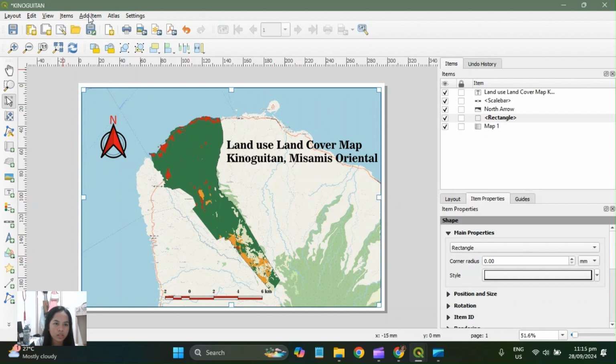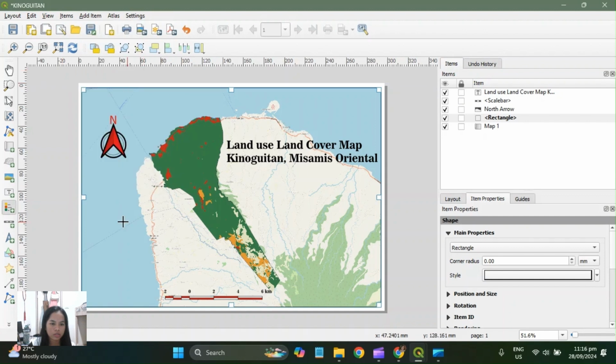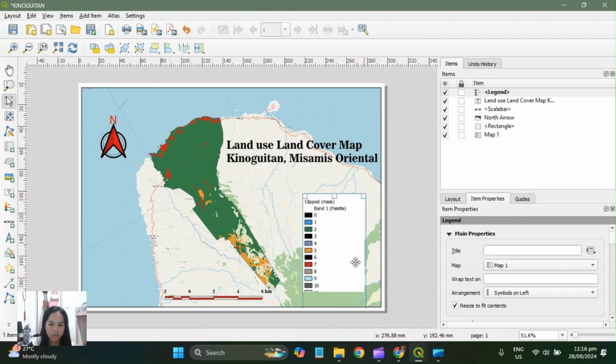Next is add item again for the legend. I would like to put the legend here. This has much more space. As we can see this one, let's go to its properties.